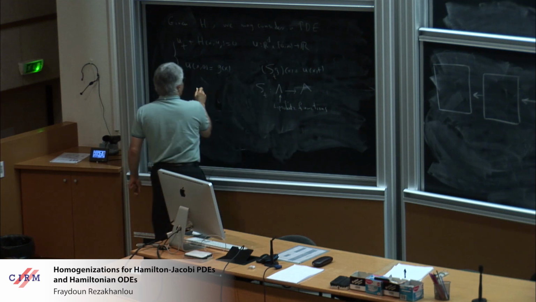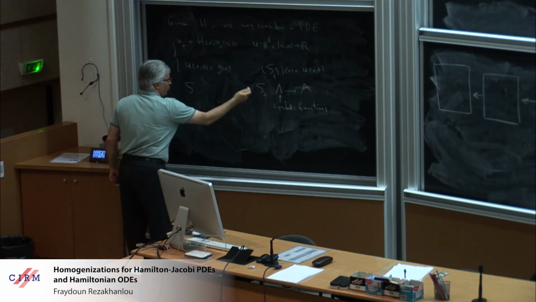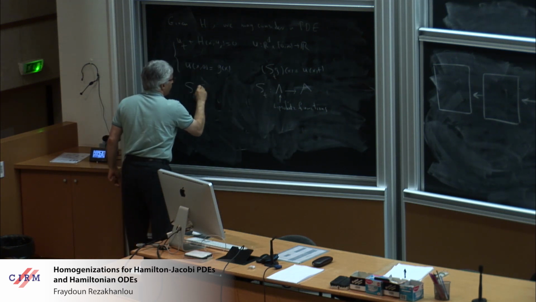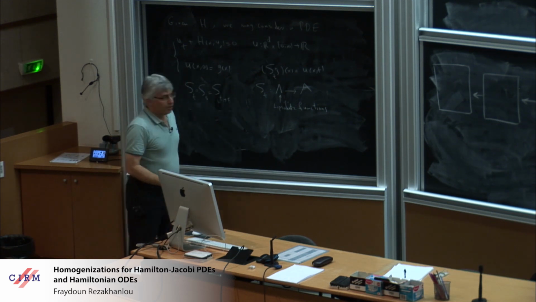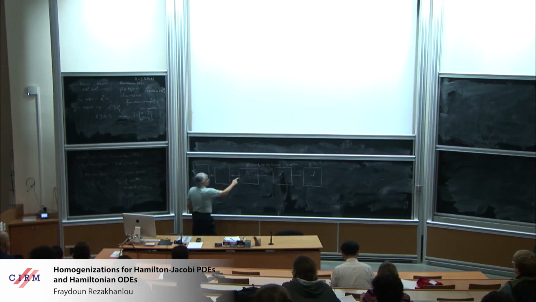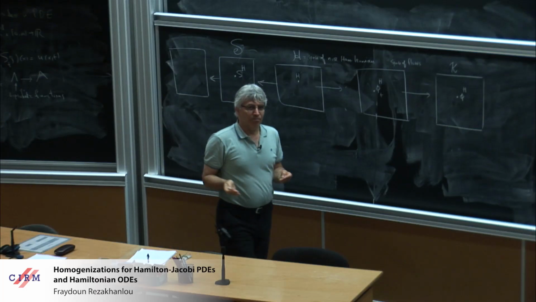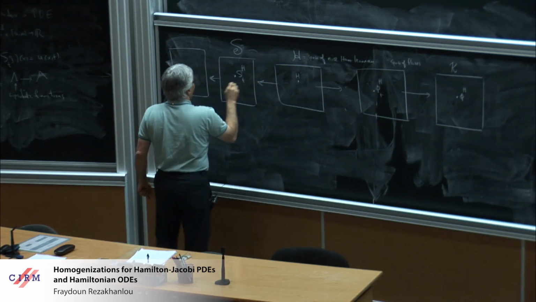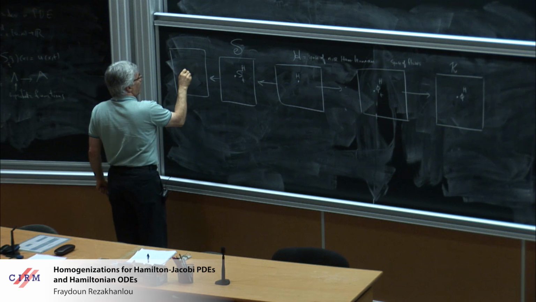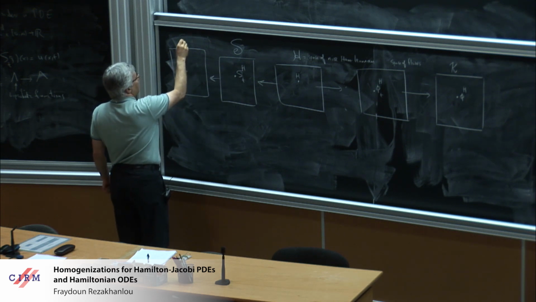And needless to say, in a nice situation, this enjoys some semigroup property, and there are other properties that would be of interest to point out. So out of this H, I'm going to give you a semigroup. And I write S for the space of some nice semigroups. And of course, you may set T equals 1, and then you have just a map,